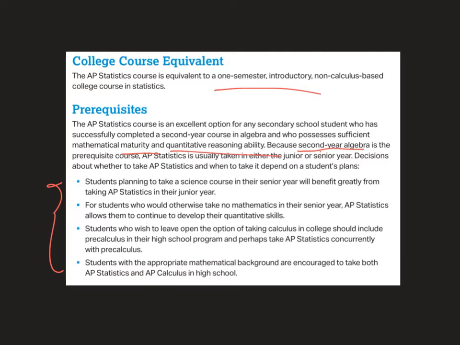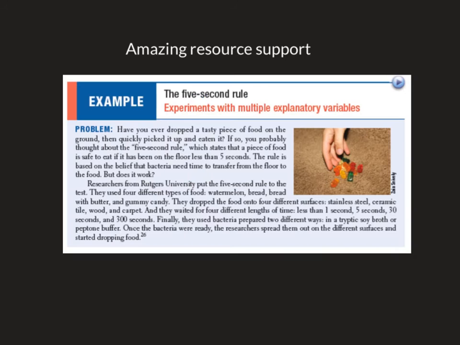You can press pause and read this stuff on your own if you'd like. But just one last point of interest on your way out. Notice that you don't have to make a decision, right? If you're a strong senior and you want to take AP Calculus and AP Stats, it's possible to take them concurrently. If you're a strong junior, right, and you just came out of honors algebra 2 and you're taking pre-cal, you can take it concurrently with pre-calculus. It won't compete. It will be just two math courses. And I've had students that have done that very successfully.